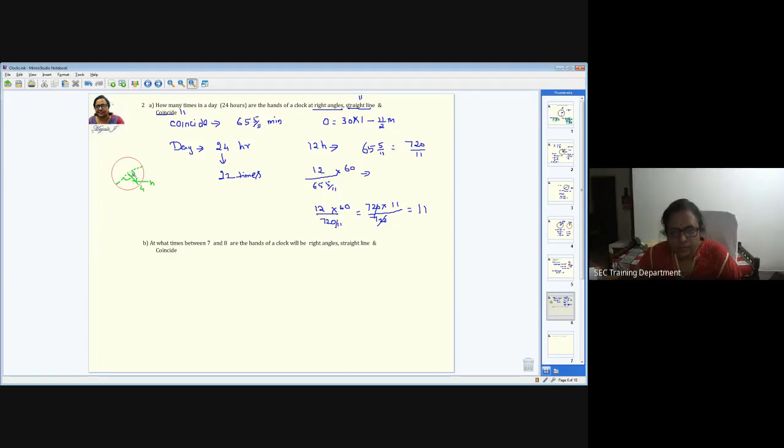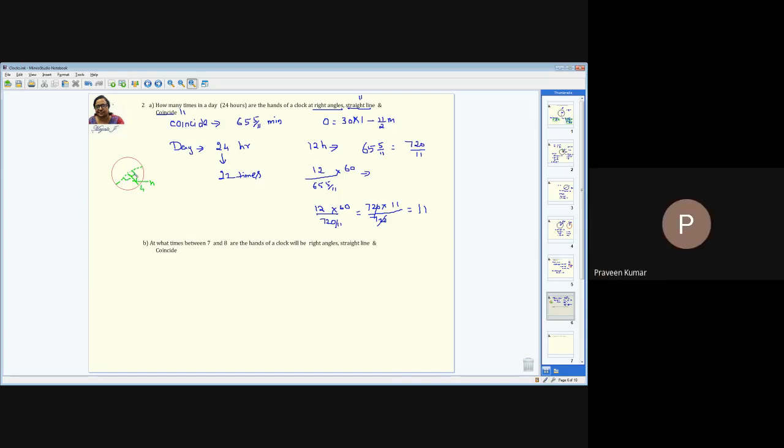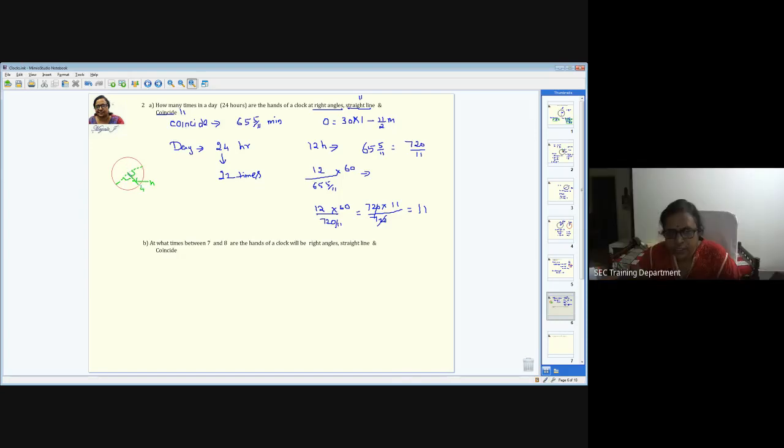Good. Because it may coincide here, go back and make a straight line, but in between it's going to have 90 degrees. Similarly, when you come here, it is going to have 90 degrees. So just consider the coinciding time. In one revolution, when it coincides, after that the minute hand will come here and make 90 degrees, then come here and make a straight line. Again, it comes here, makes 90 degrees, then comes back and coincides. So in between two coincides, straight angle is once, coinciding is once, but the 90 degrees twice.